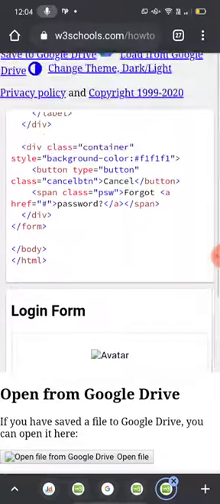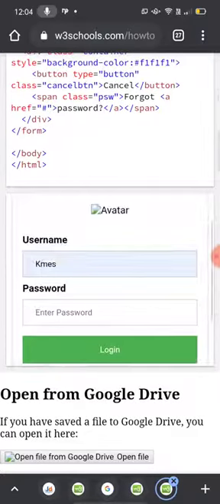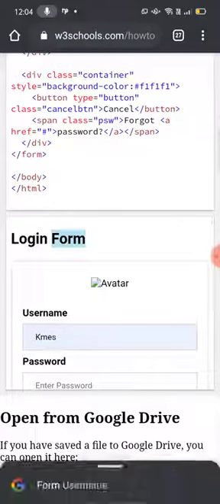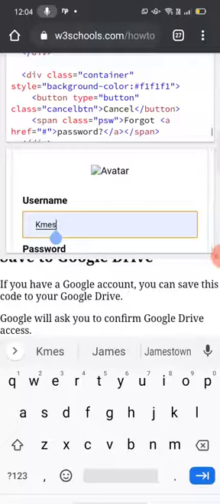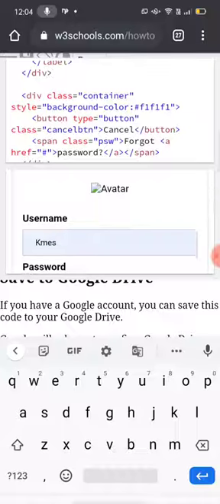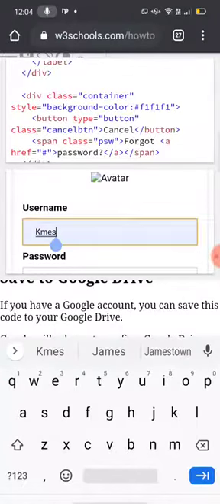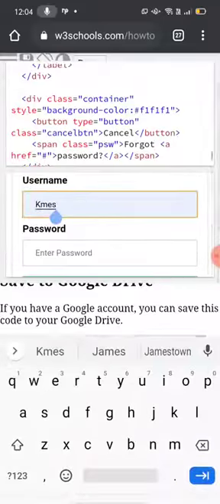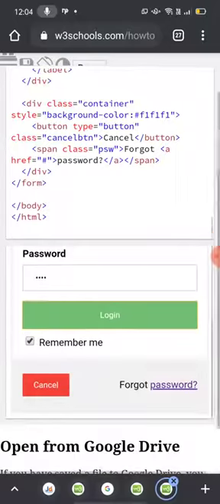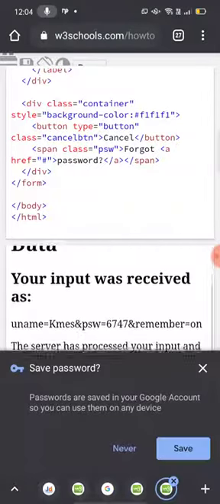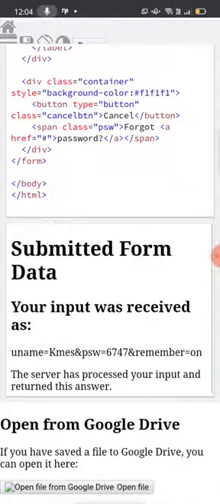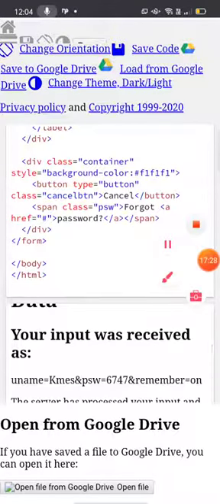So today was the login form. We have learned how to make a login form, how to create a single login form. You have seen two labels you have taken. The avatar image was there, the image is not displaying, there is an image problem, something is slow over here. Username text is given, password field is given over here. Okay, login will submit that form data, the password and username. So this was the form type. Today we have learned how to create a form.